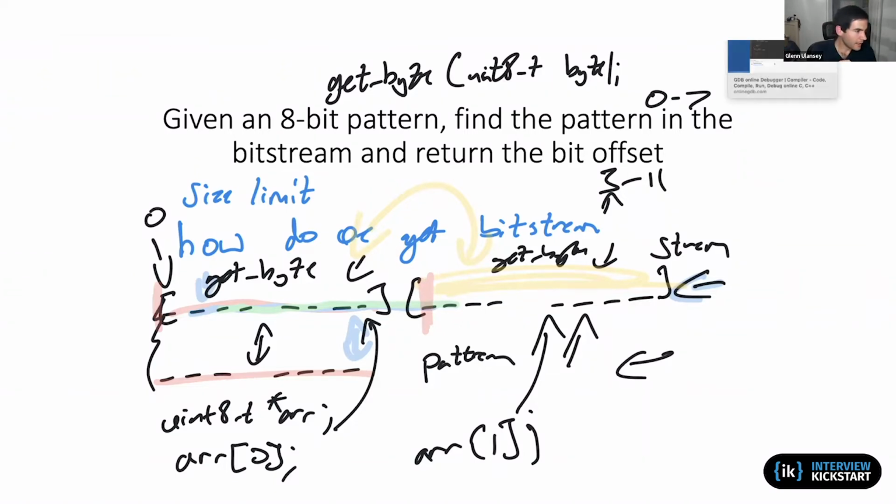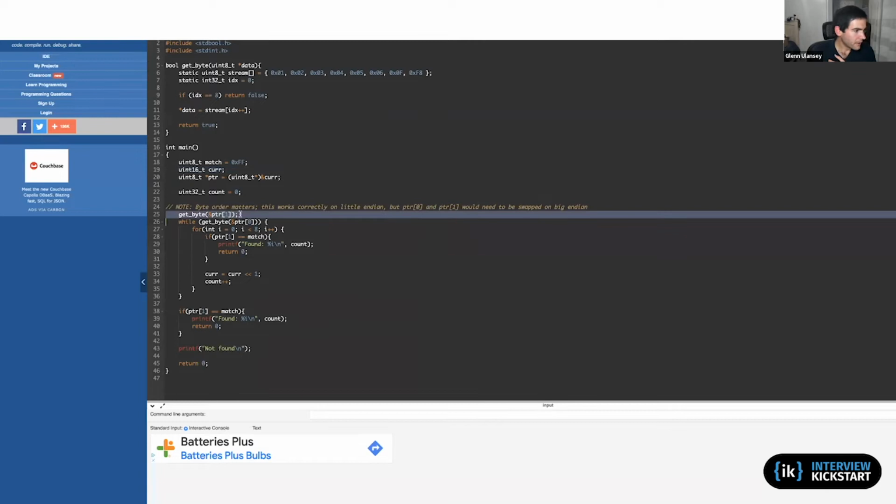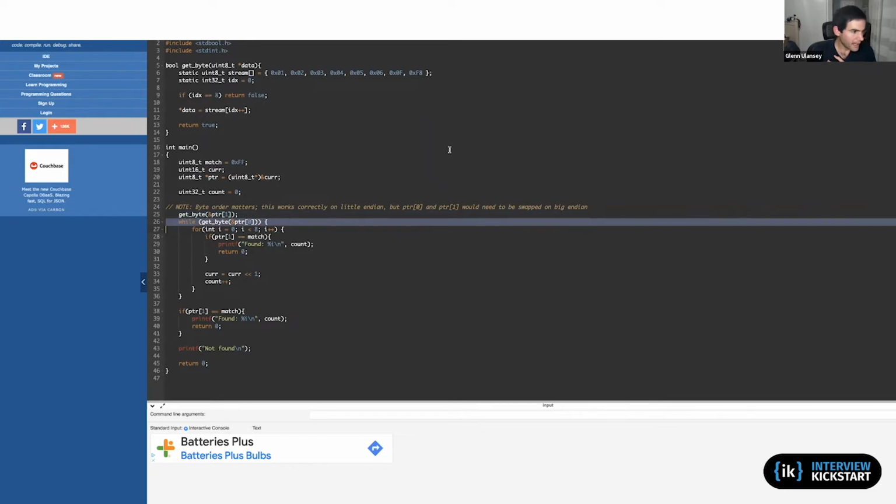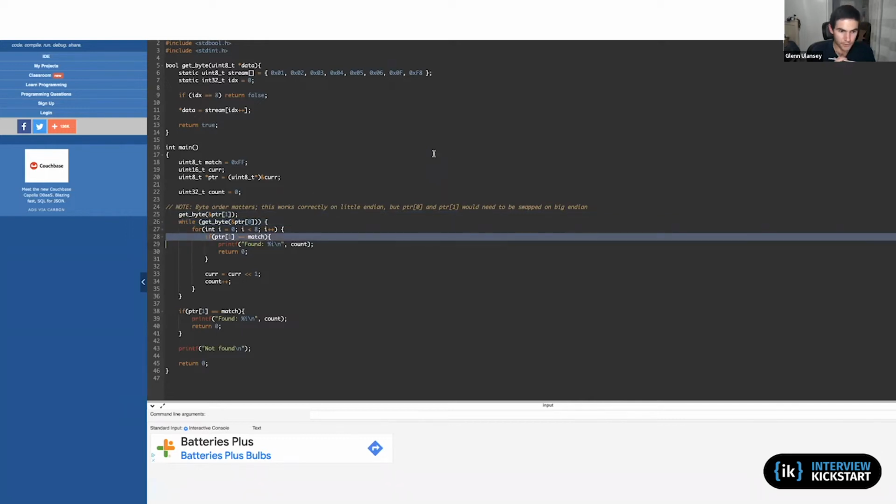And that is why on a little endian machine, I need to first copy my data into the first index. And then from then on, I'm always going to be copying data into the 0th index into my array, but my comparison occurs on the first. And this is because our conceptual idea of how 16 bits is laid out in memory is different than how those 16 bits are laid out when you write it out as a regular long binary number.